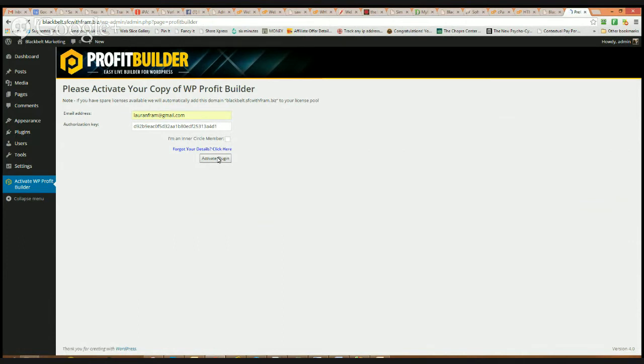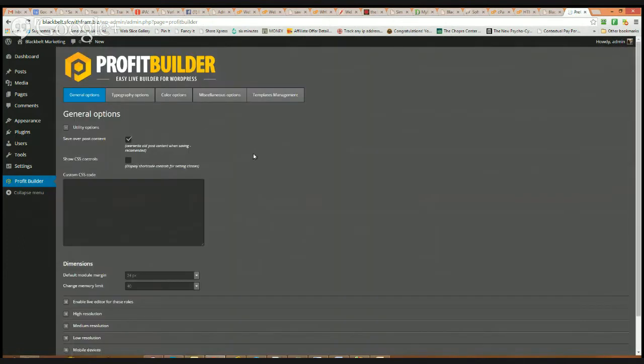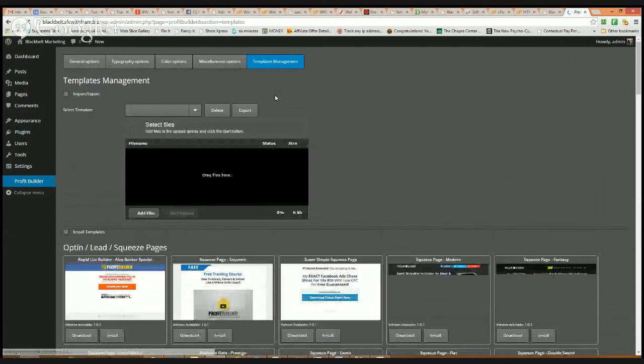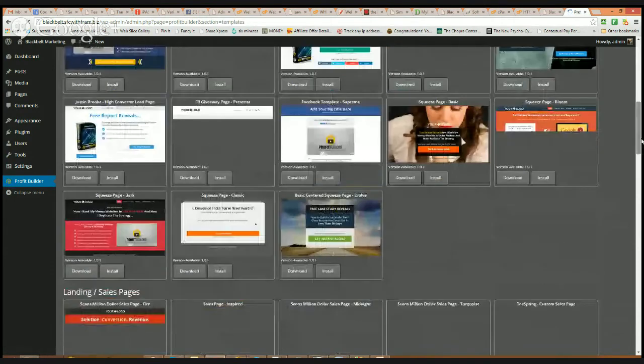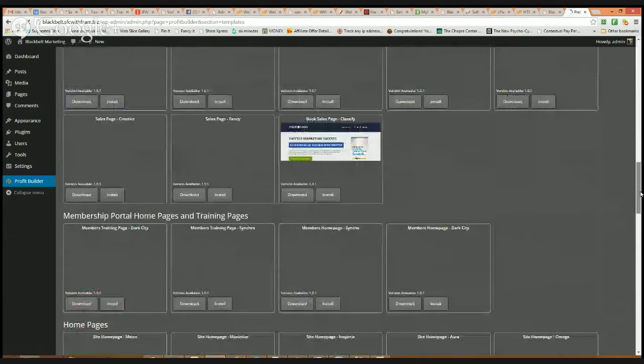And I suppose I'll have to grey that out on the replay. So it's there, and you will see in here there are lots and lots of templates you can use. You don't have to use these templates. They're all still loading, look. But